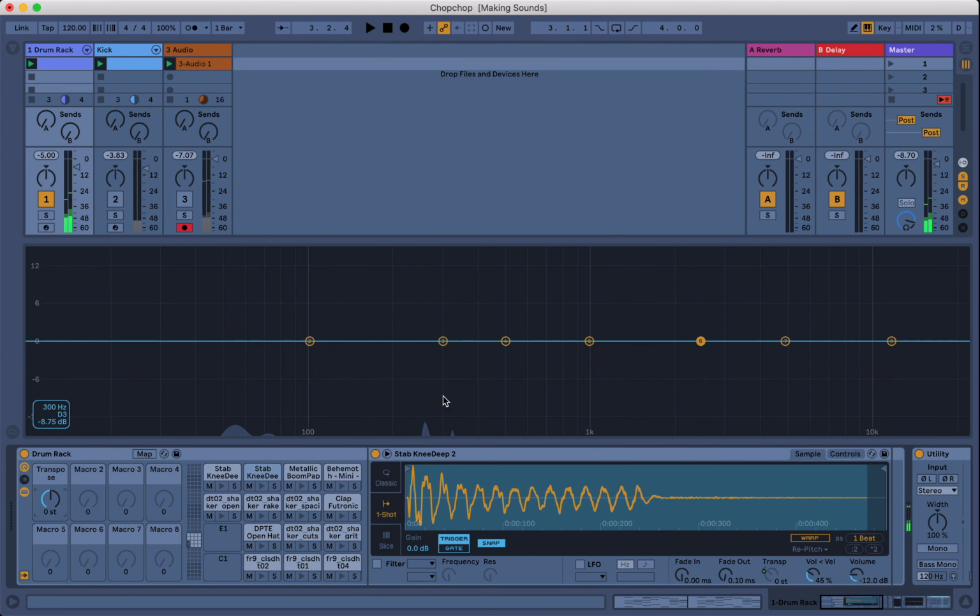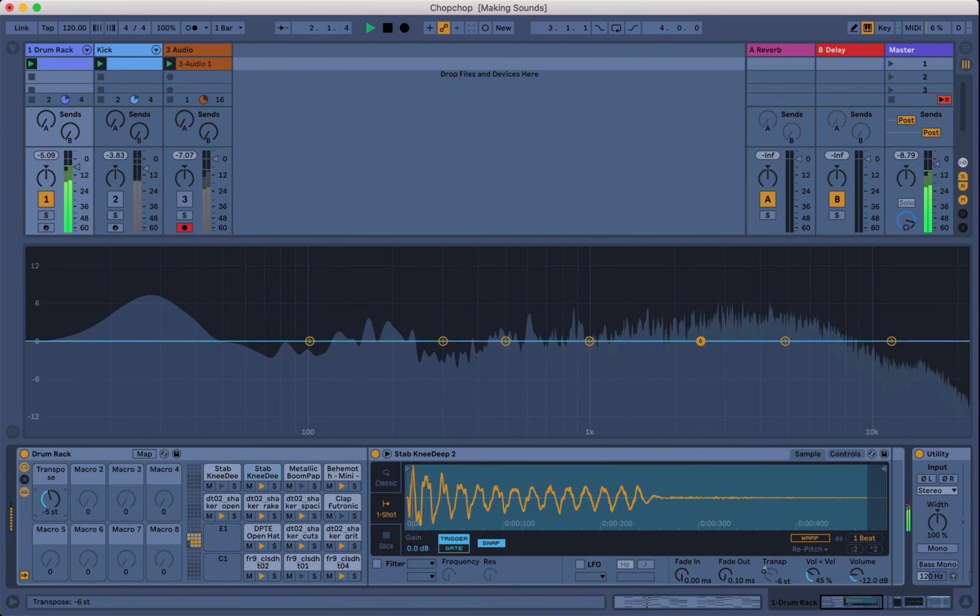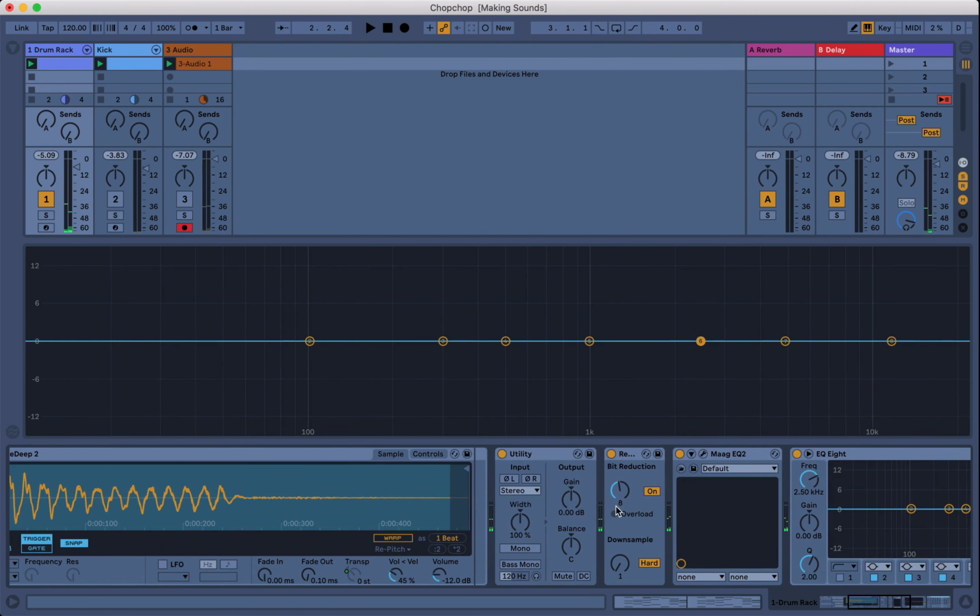You see all that high-end information, even if we pitch down, no matter what you do, it's there. And this is with this plugin on here too. And as I showed you before, it just creates all kinds of weird bandwidth stuff. But if we go back to this one,